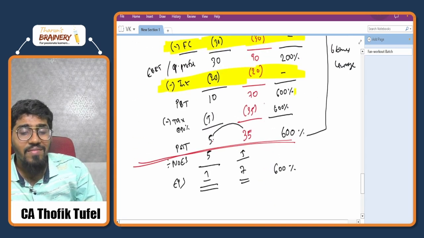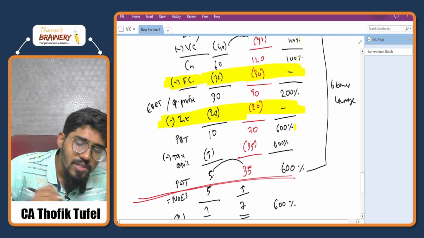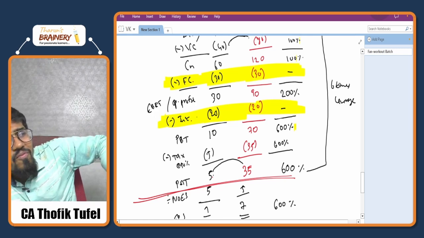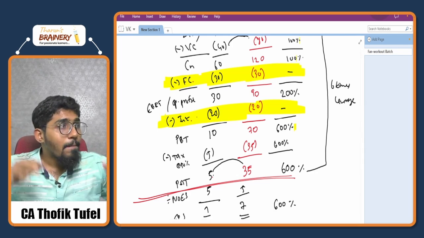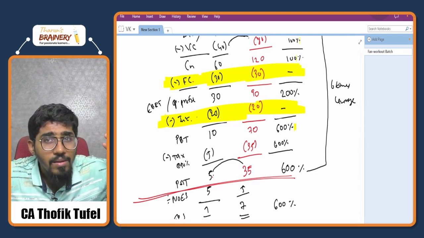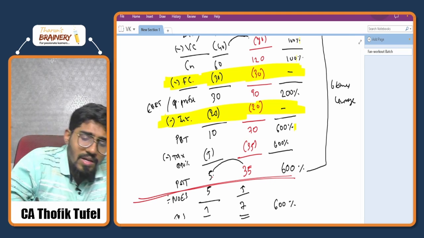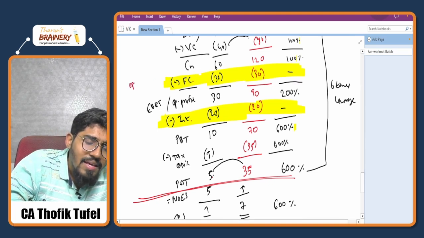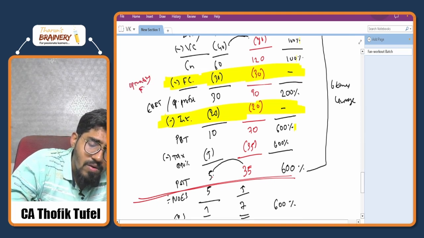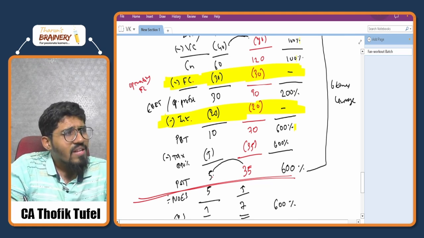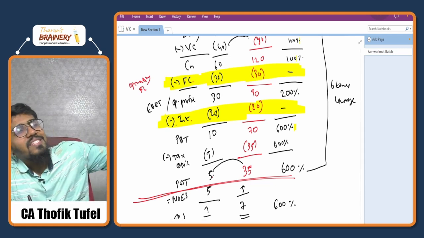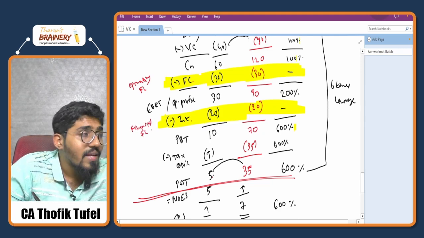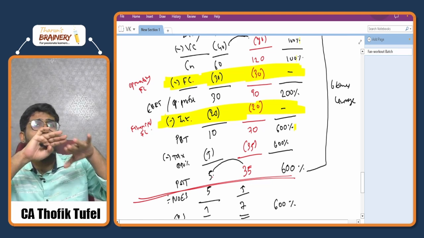This is one thing that I have established from here. This is a fixed cost, and interest is also a fixed cost. Because of these two things, I'm getting some leverage, and both are fixed cost. Now this fixed cost is happening because of the operations of the company, so I call it operating fixed cost. And this is interest, again a fixed cost, that is happening because of the financing decision of the company, so I call it financial fixed cost. So we are having two types of fixed cost. Again, fixed cost I am bifurcating into two.